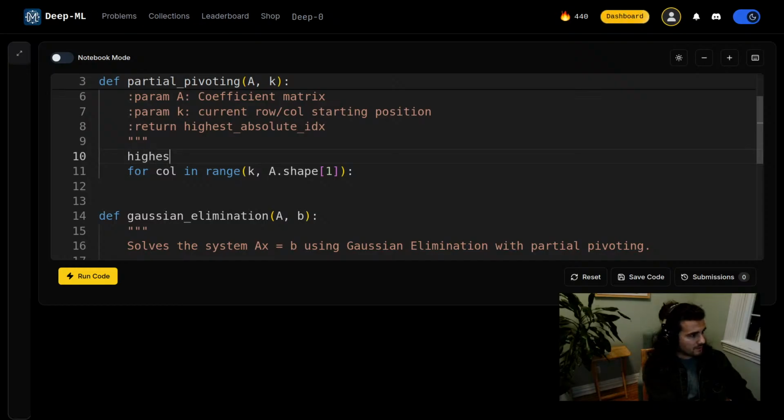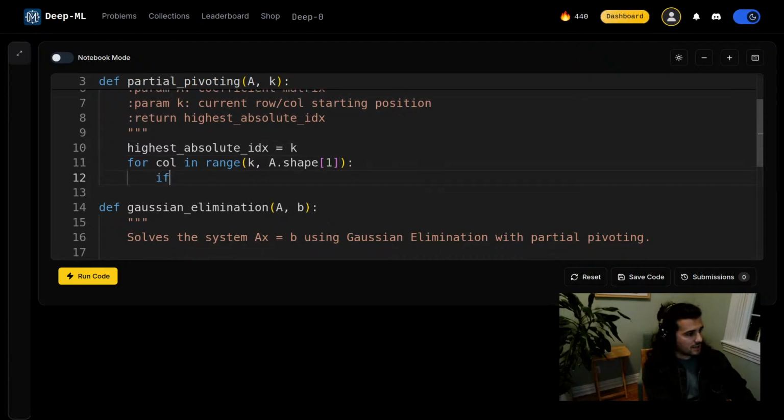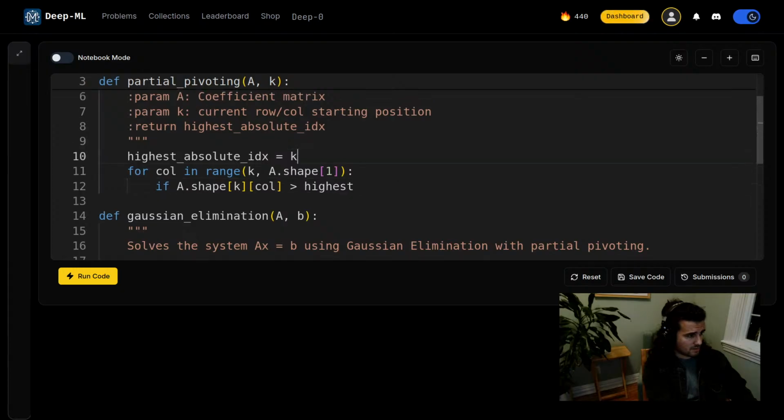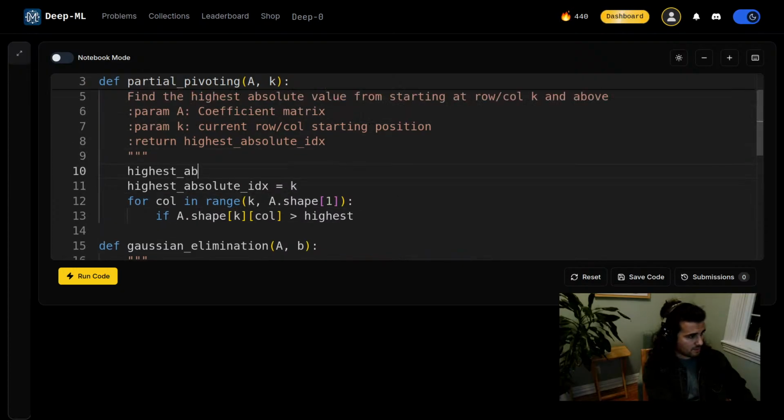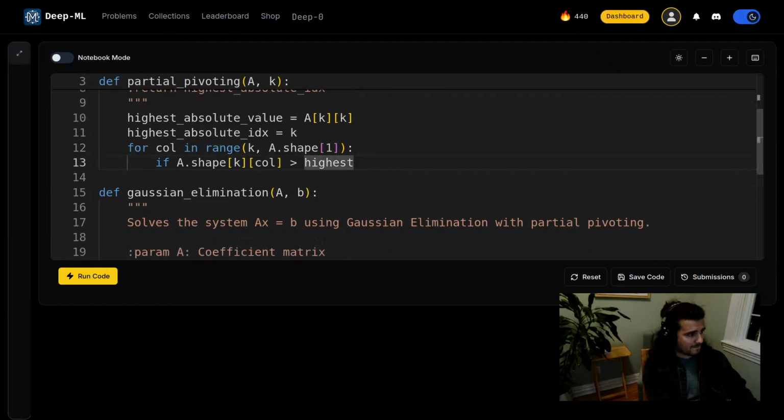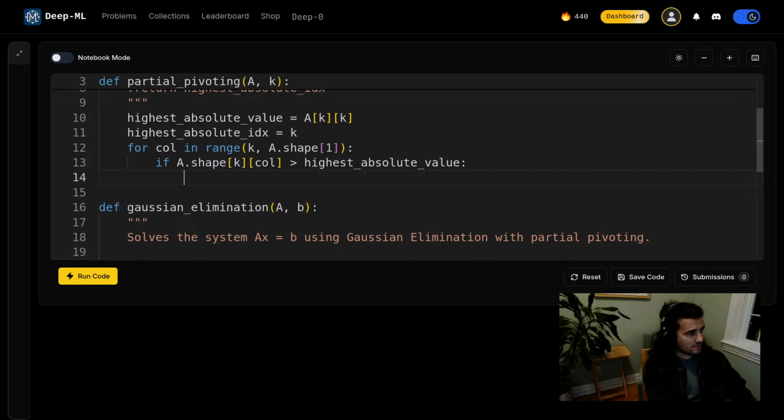So highest absolute IDX equal K at the moment, and then if A at K, column, bigger than highest... oh wait, A is gonna be K at K, right? Absolute value, then highest